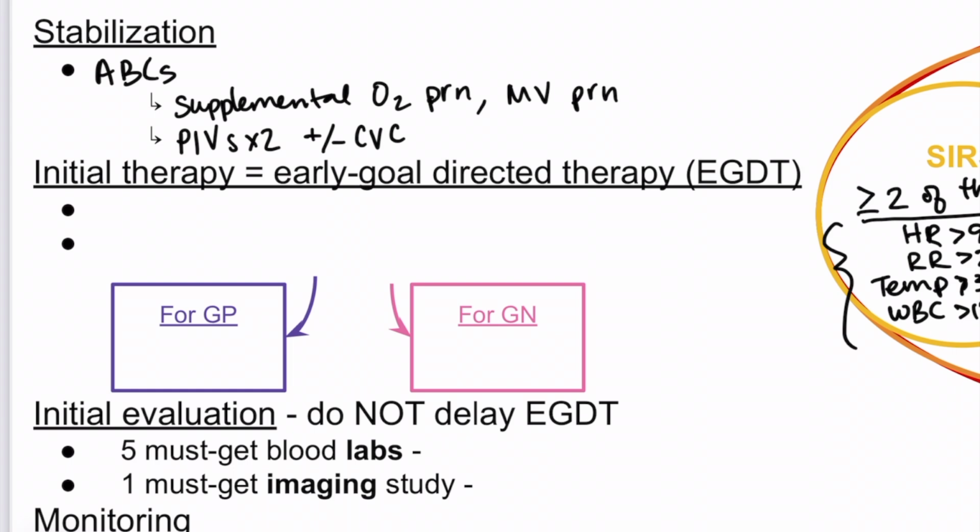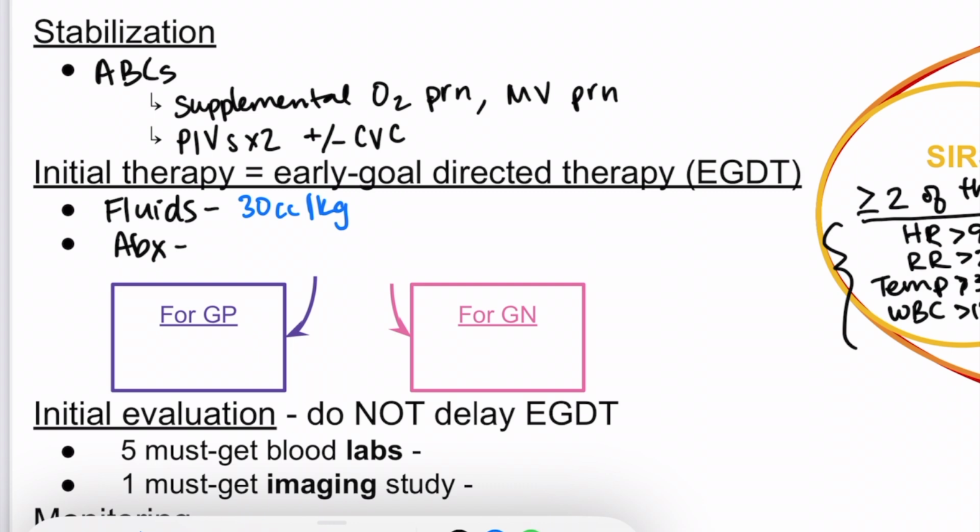In terms of initial therapies, once you've stabilized them, we'll talk about early goal-directed therapies. So there are 2 big categories that fall into this early goal-directed therapy you may have heard of. The first is fluids, and the second, as we alluded to, is antibiotics. These are critical, and many studies have been done to show that early administration of these things improves mortality. Specifically, if you can get 30 cc's per kg of fluids in within the first 3 hours, this is the gold standard to meet.